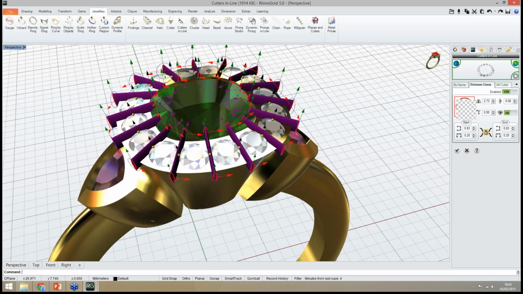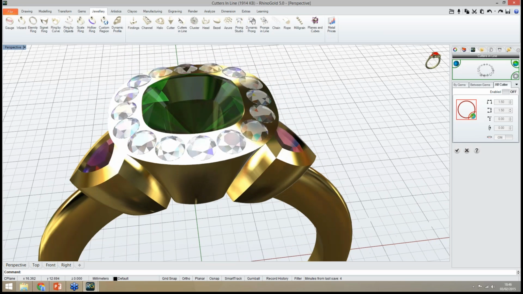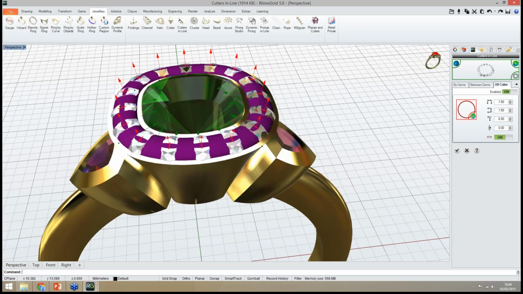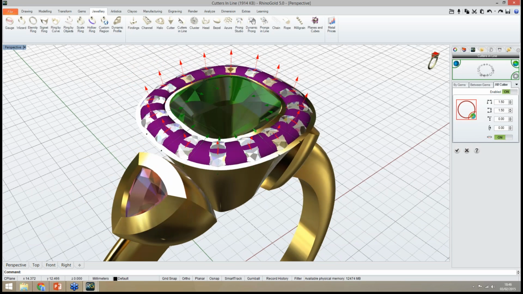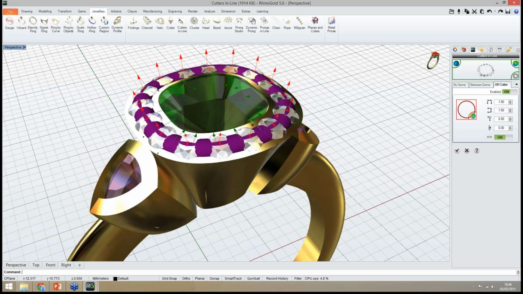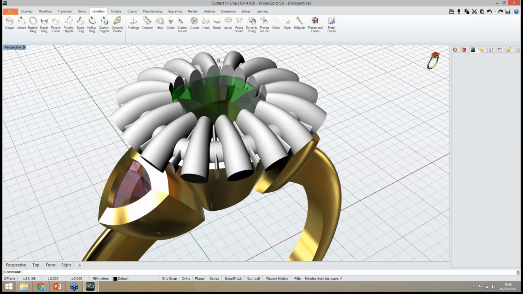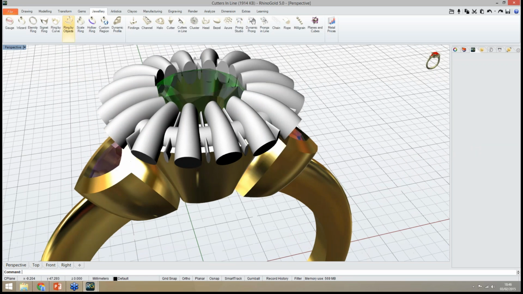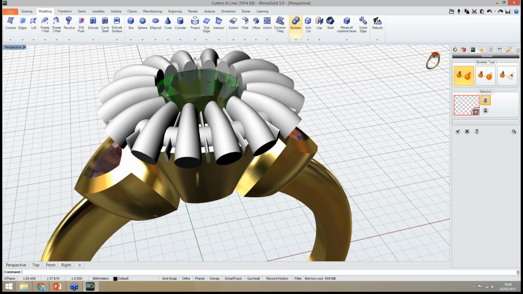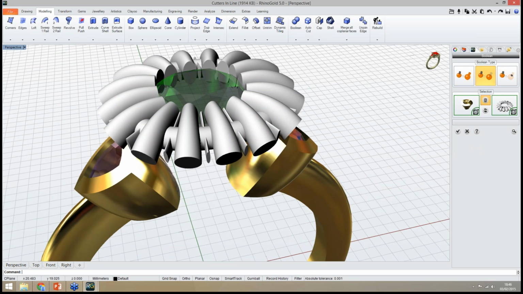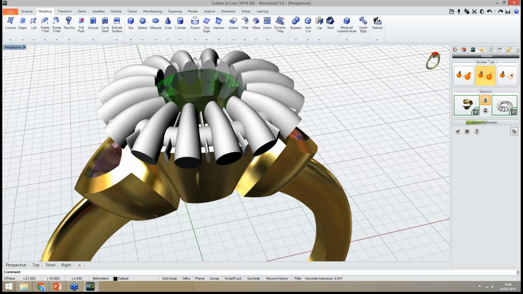And finally, the last tab, we can apply the cutter along the gems. So once again, easily I adjust the cutter along the gems. And finally, I can create the cutters. Once again, I just need to make the Boolean operation to remove the cutters from the bezel, and let's see the results.